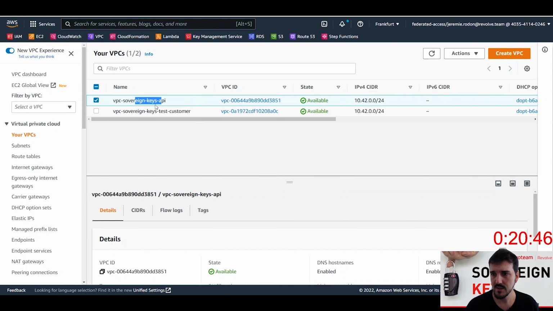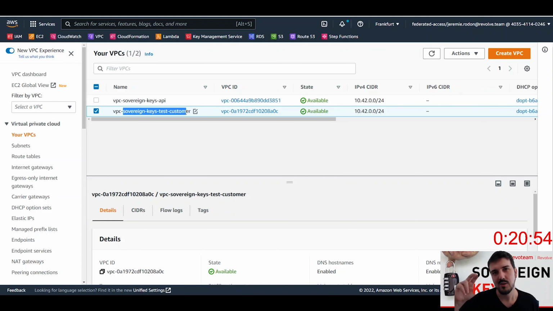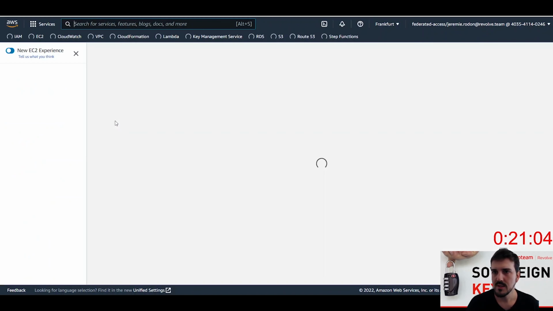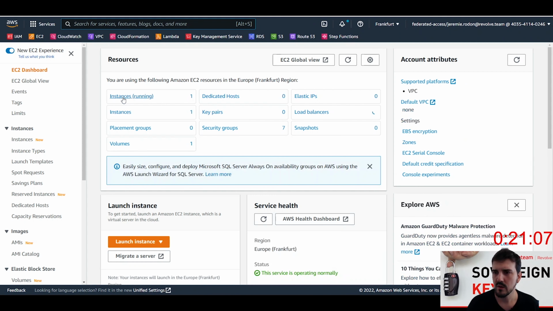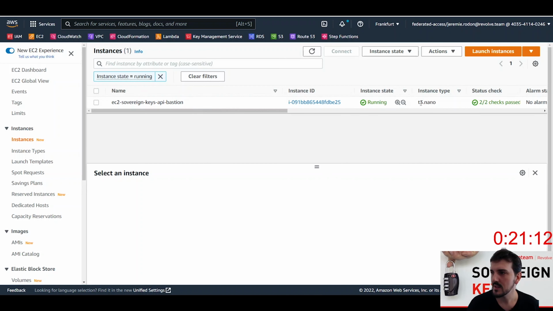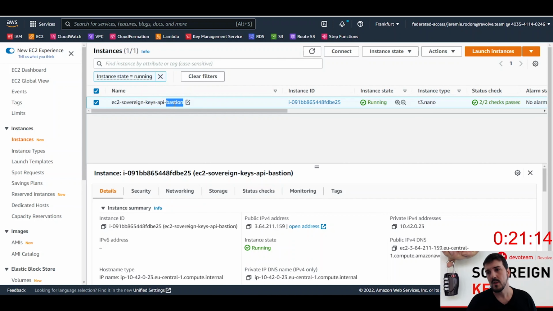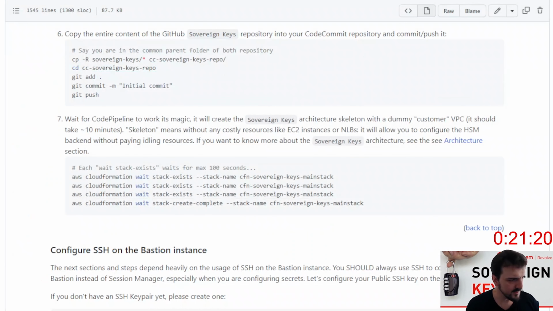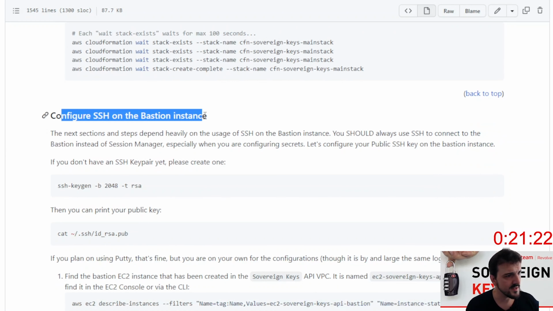So we have 2 VPCs, the Sovereign Keys API VPC, and the test customer VPC, which was the dummy customer VPC on the schema. And if we go over the EC2 instances, right now we have only one. We should have only one. And this solo instance is the bastion. And it's good because the next step, if we go back to GitHub, is to configure SSH